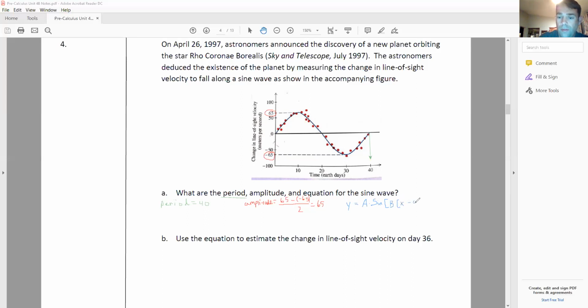Again, even though I'm putting the C and the D, there were no C and Ds, so those won't be part of the problem here. My amplitude was 65, so I'll put that in. So 65 times sine